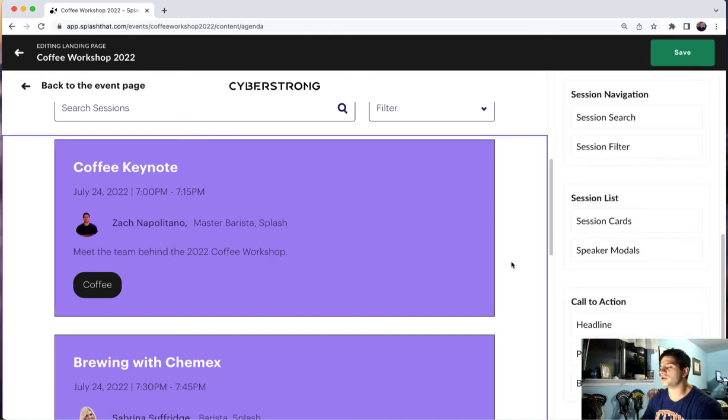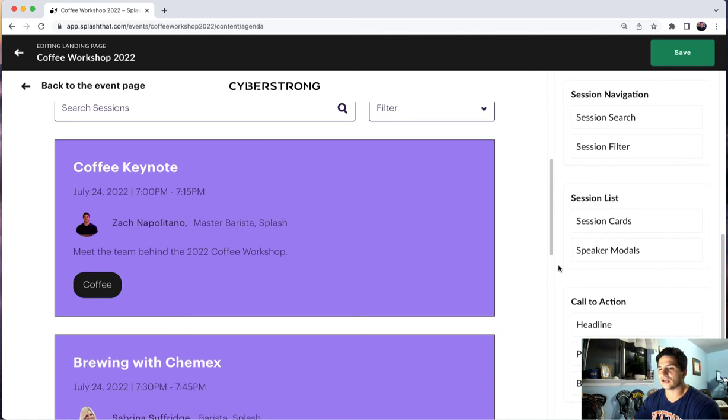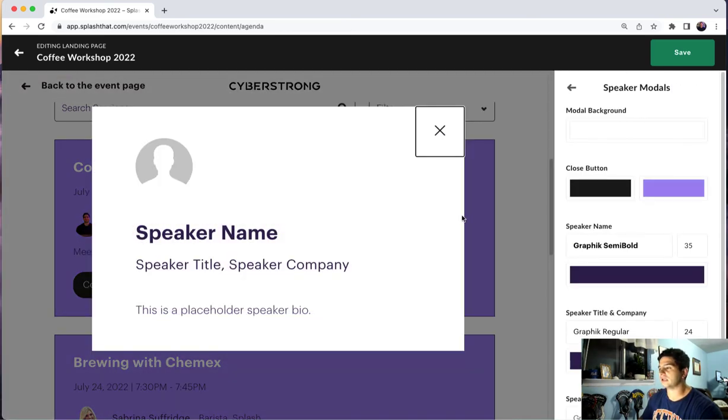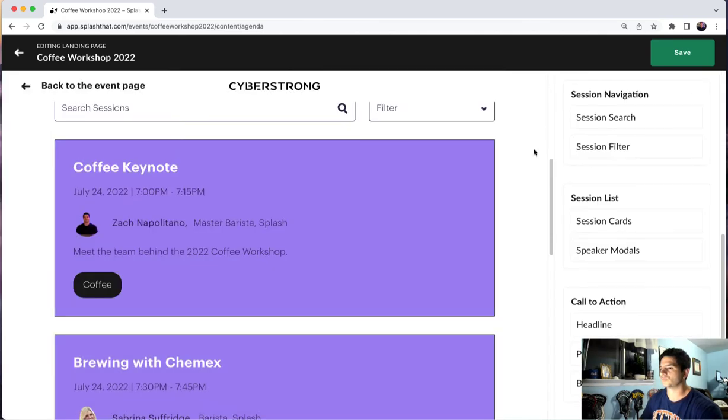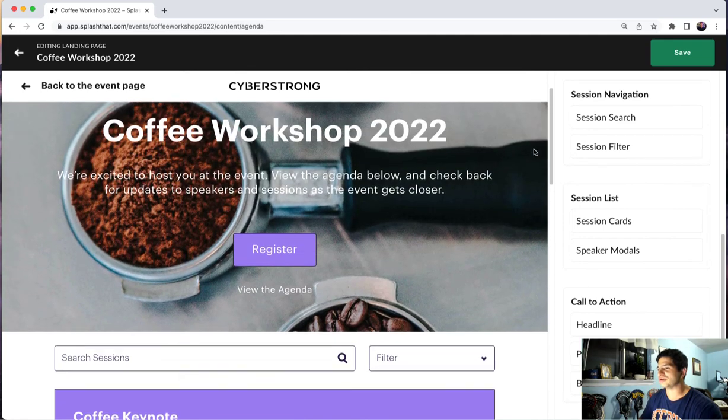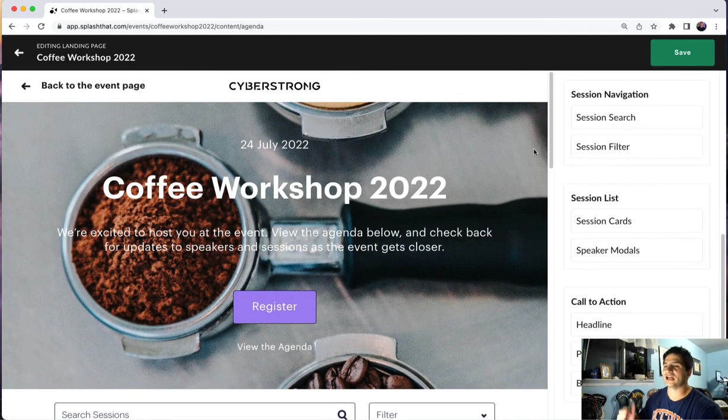The other one are your speaker modals, modals being a fancy word for pop-ups. So each of these speaker headshots that you see can be clicked by the guest and actually open up into a pop-up window. So if you click on speaker modals, you could see this is your opportunity to design exactly what this looks like. Super simple. So once you have this looking exactly how you want it, make sure you save your changes up